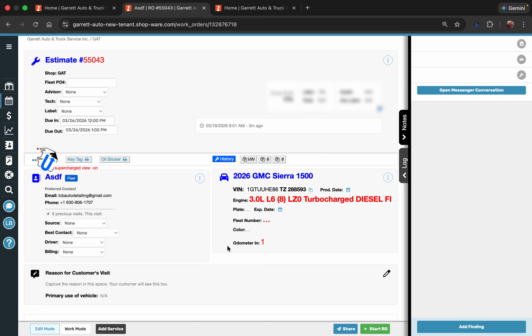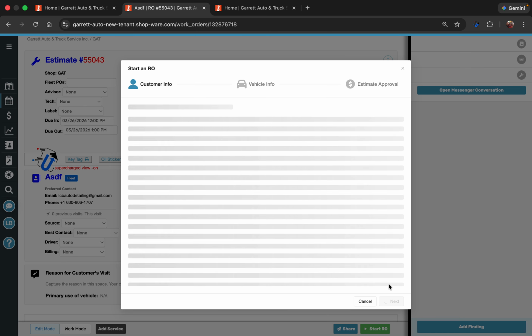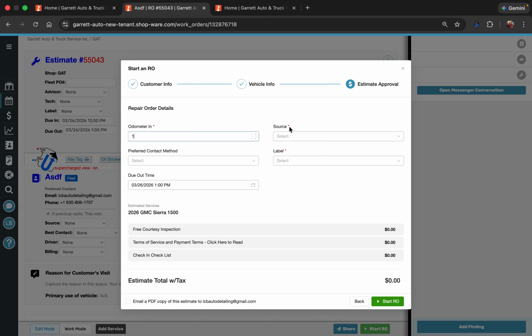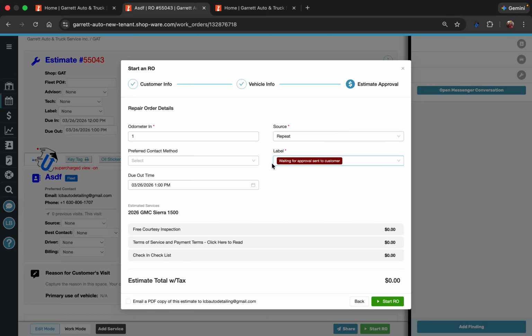Now let's say you have the customer in the front office right now. Then you're going to click start RO. You're going to go through the proper steps. Since I don't have a license plate, it's going to flag me for not having a license plate. There is a requirement on this page. Shopwares just added this. You have to make sure you select which source the job came from and the label that the job will be under. So then you can start the RO,